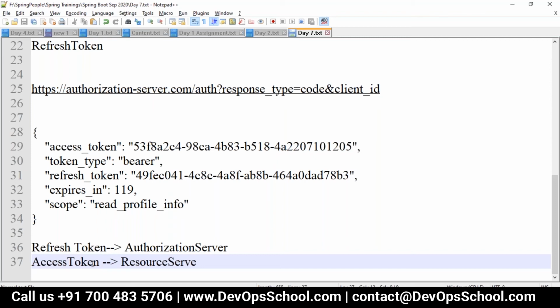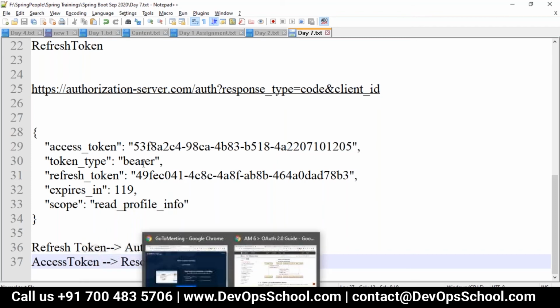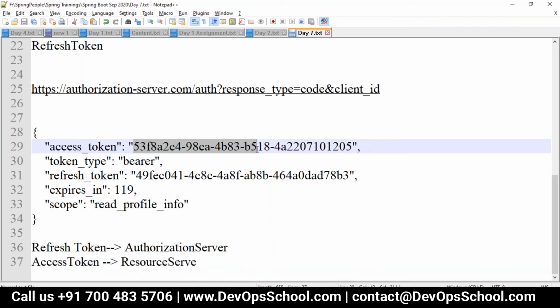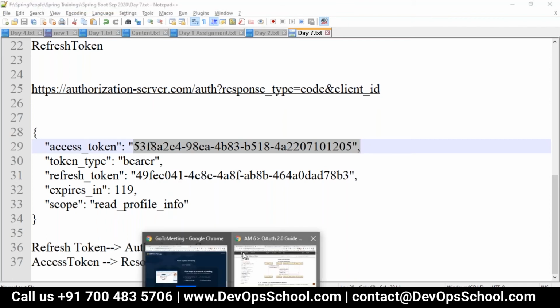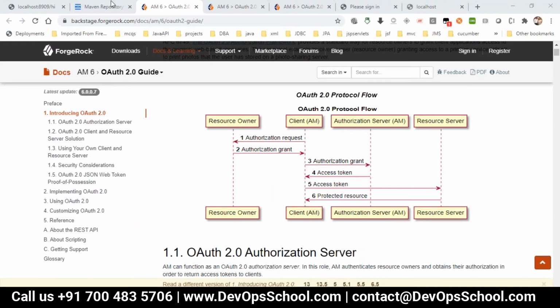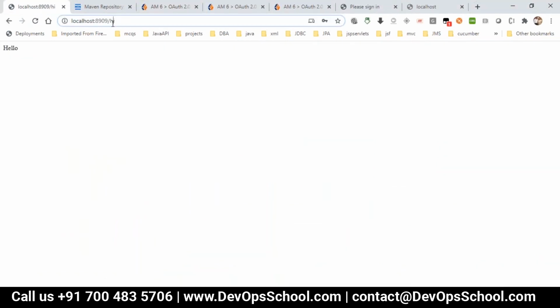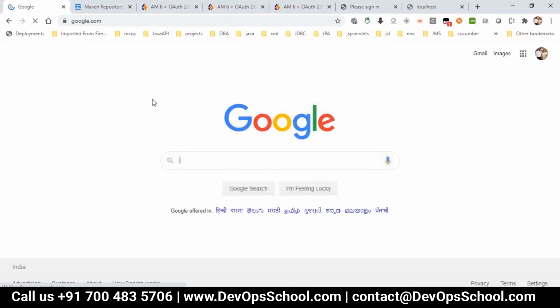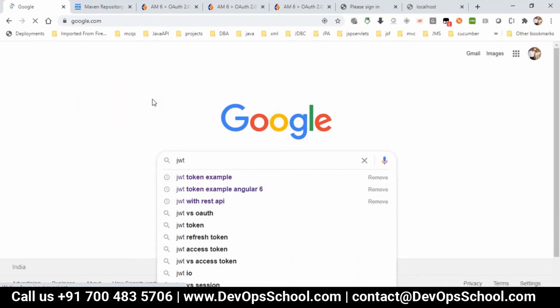Here, the token I've taken is a normal token, where a server would verify an access token based on the credentials, the signing, and the payload you are sending. For that you can go with JWT, which shows how tokens can be configured.